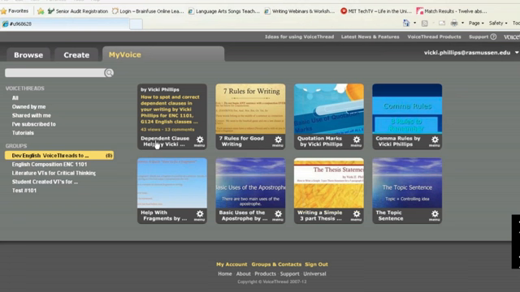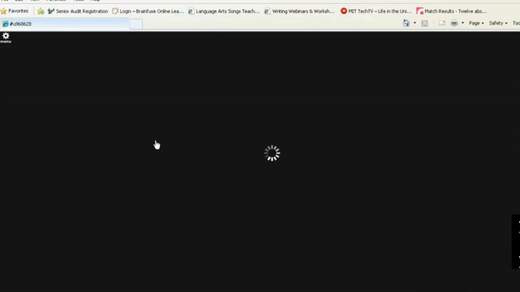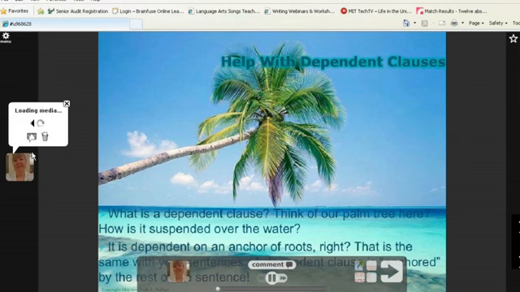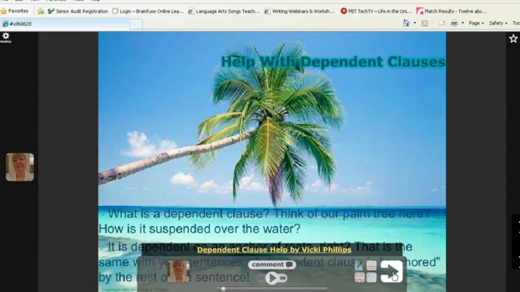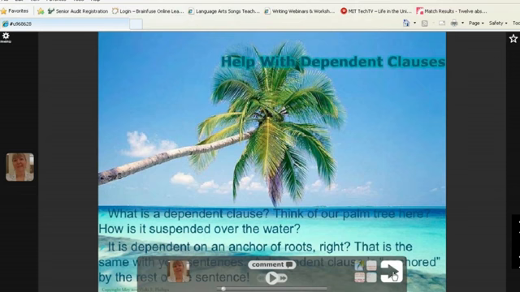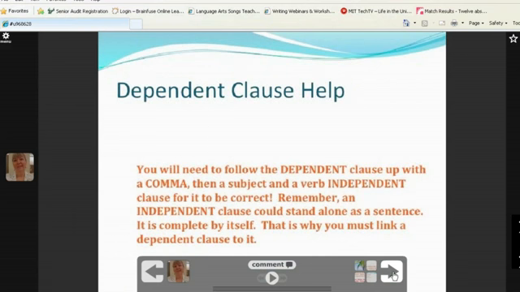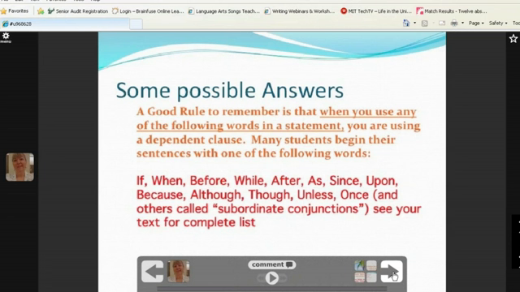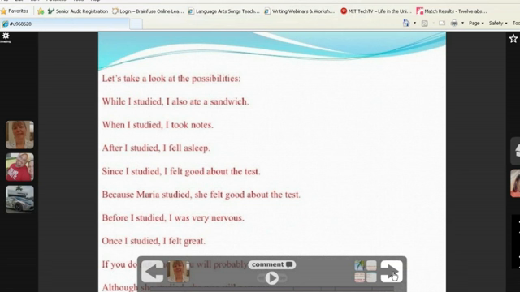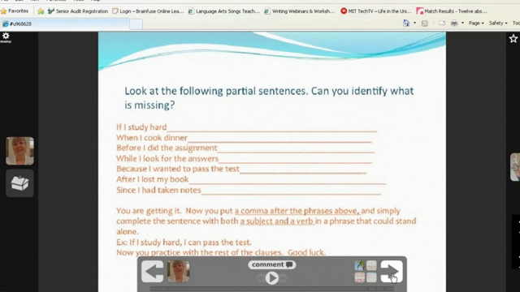So those are the VoiceThreads, and I'll just open one up real quick, and I'm going to mute myself, but at least you can see how I put questions over there, and I explain what it is, and then I explain more, and then I give them some samples to follow. On this one, there are some of my students commenting, but I actually did use the pencil. When it was playing, I would use the pen and circle what I was talking about.